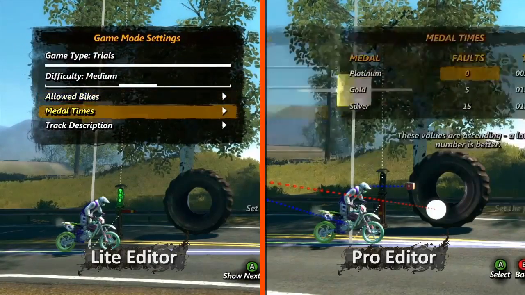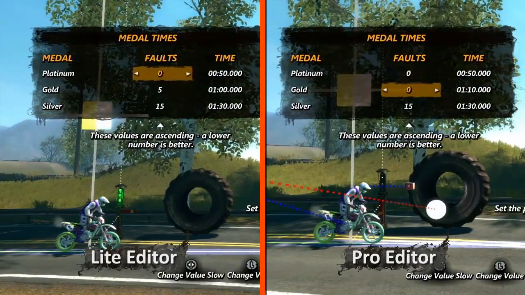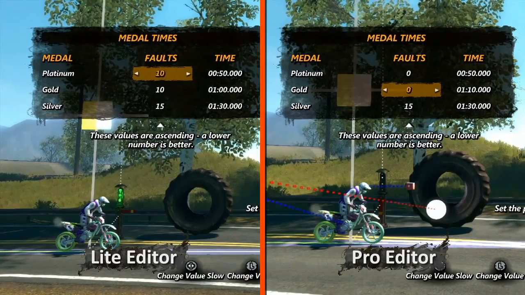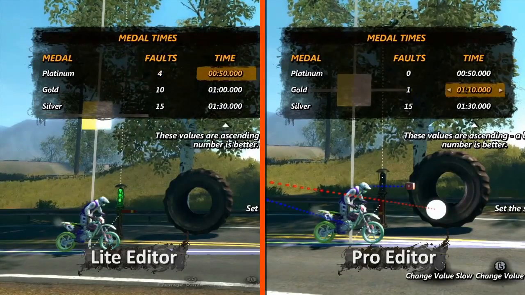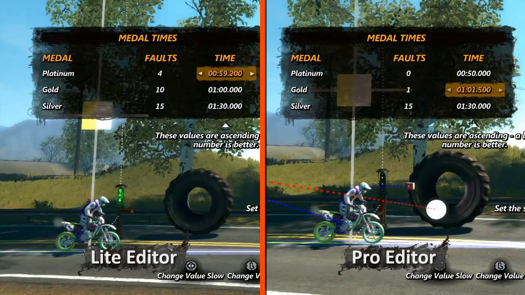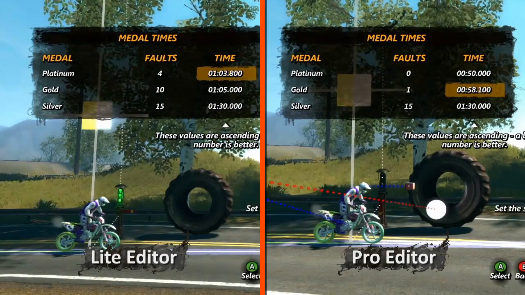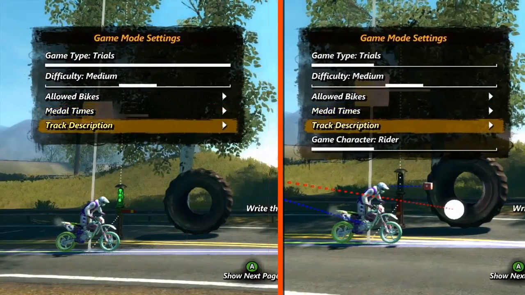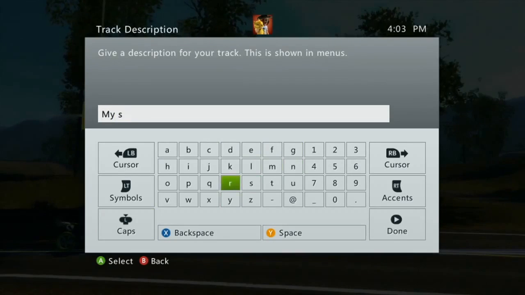After you've chosen your bikes, you can set your medal times. Be sure to test your track well before setting medal times. If you can, it's always good to get a few people at varying skill levels to test your track. Track description is next. Selecting this will open a text field where you can write a brief description of your